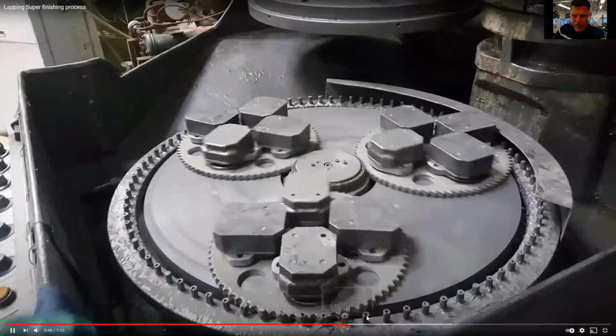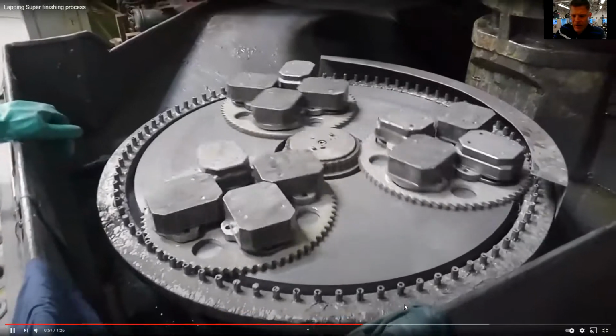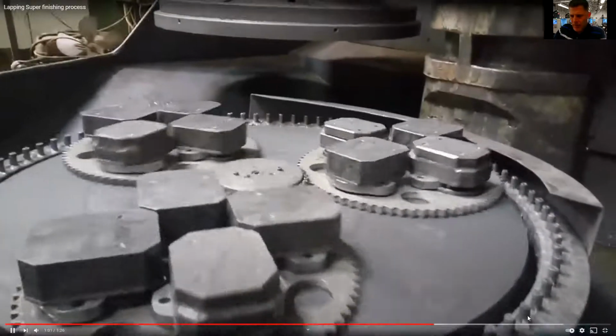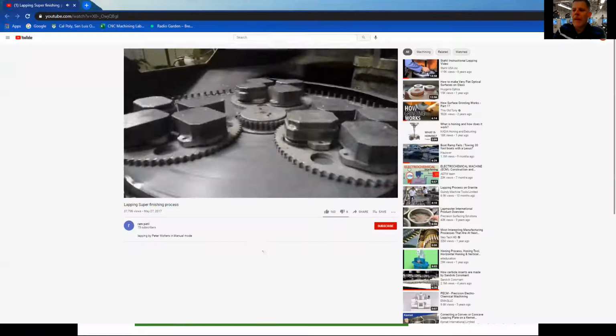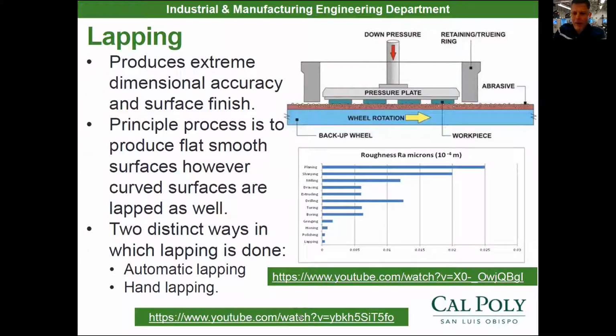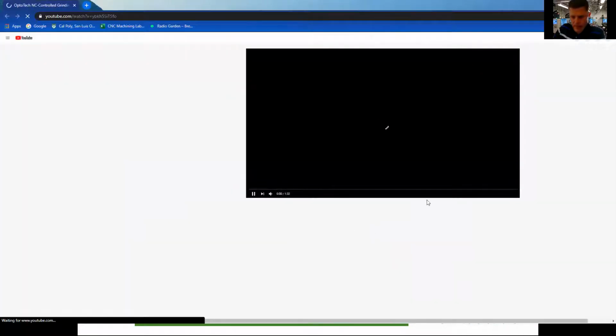Doesn't look very clean, huh? Because you got that slurry on it all day long. So that's one type of lapping. Now, this lapping process right here,